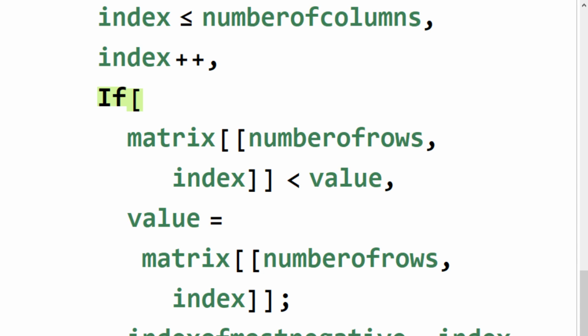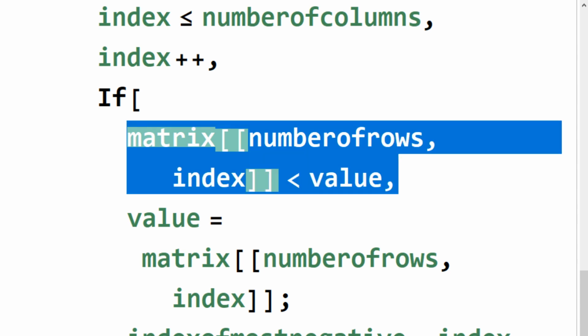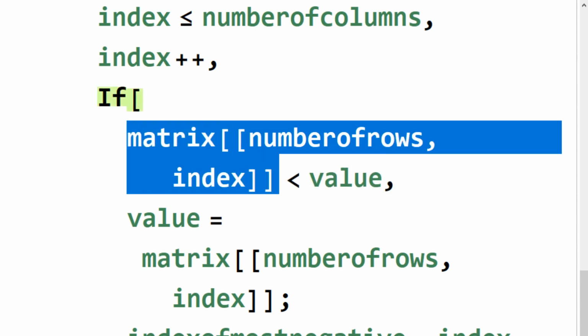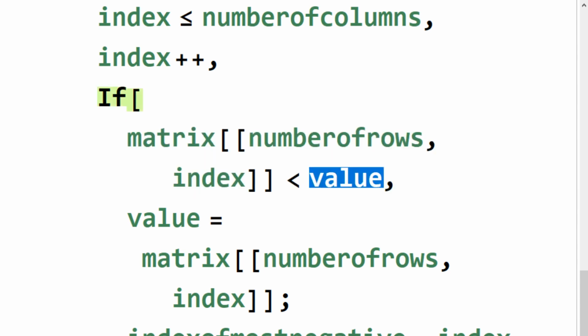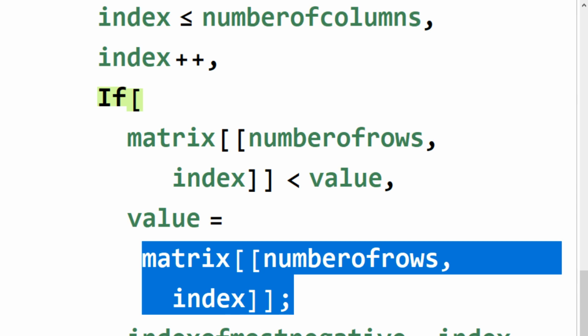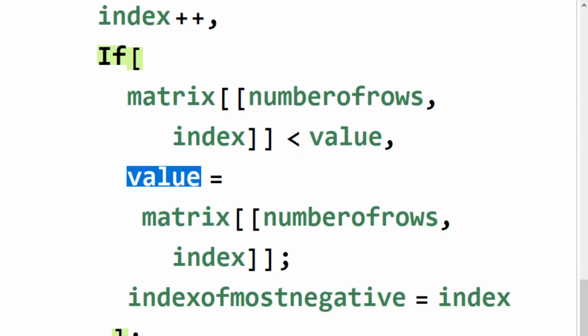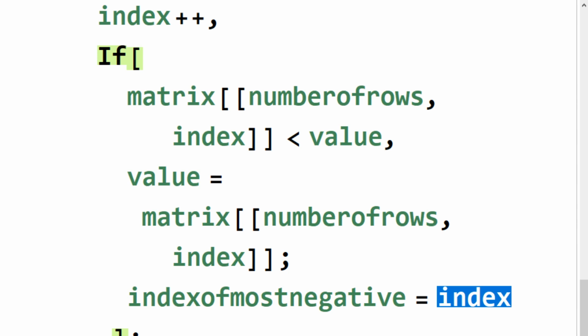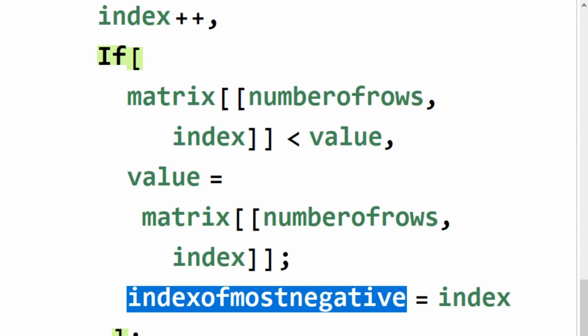So we're done. Okay, so the way that this if statement works is it checks to see is the indicator that we're looking at less than the value that's currently stored in value? If it is, then store the indicator we're looking at in value and take the index of that indicator and store it in index of most negative. Okay? By the time we get to the end of our row,